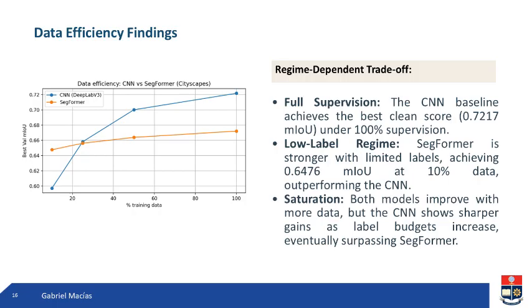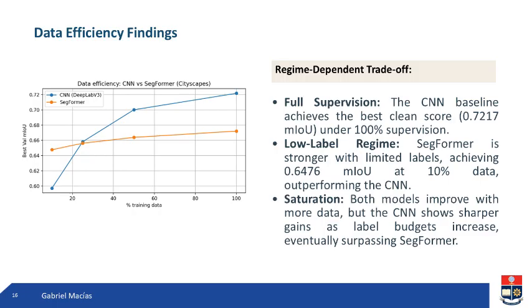This confirms what we observed in the table, suggesting that transformer architectures may have an advantage when training data is very limited. However, as we increase the amount of training data, the trend changes. At around 25% of the data, both models reach very similar performance levels. After this point, the CNN begins to improve more rapidly than the transformer. At 50%, and especially at 100% of the data, DeepLabV3 clearly surpasses SegFormer in MIoU, showing stronger scaling behavior as